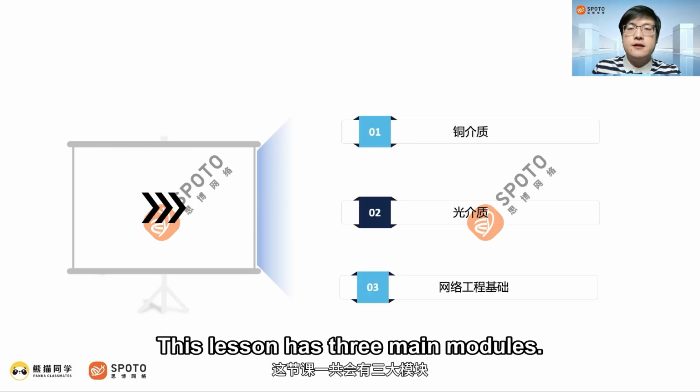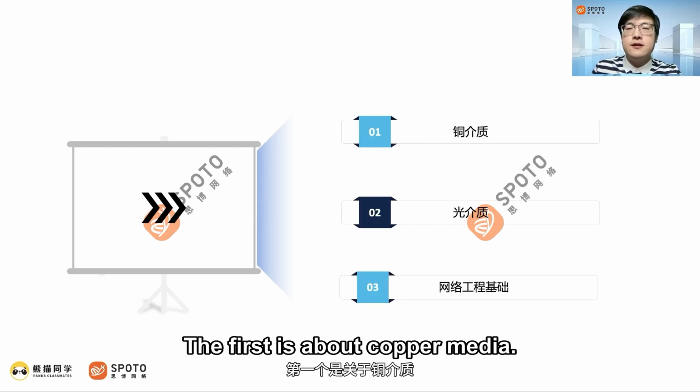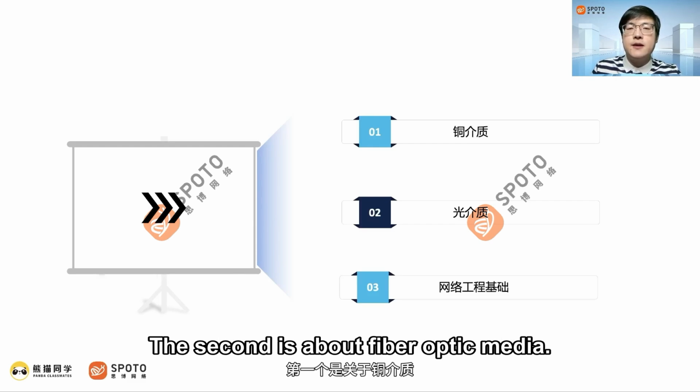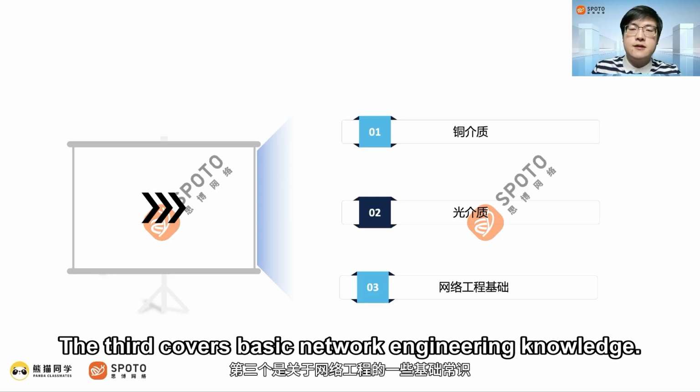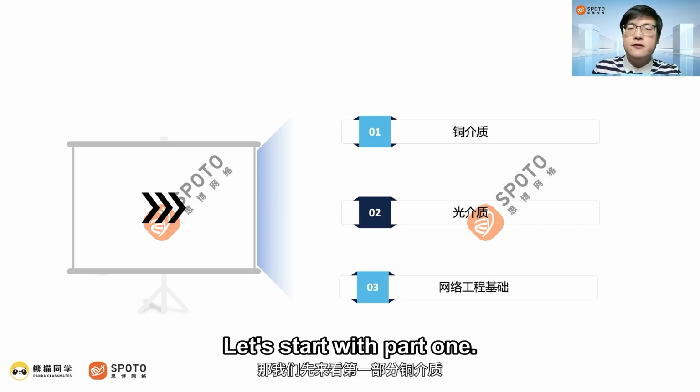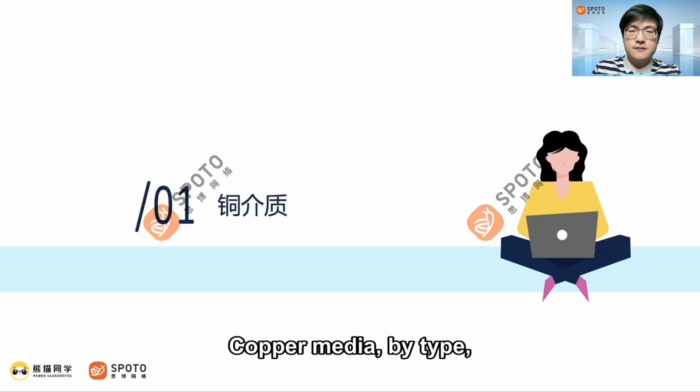This lesson has 3 main modules. The first is about copper media. The second is about fiber optic media. The third covers basic network engineering knowledge. Let's start with part 1. Copper media. Copper media, by type,